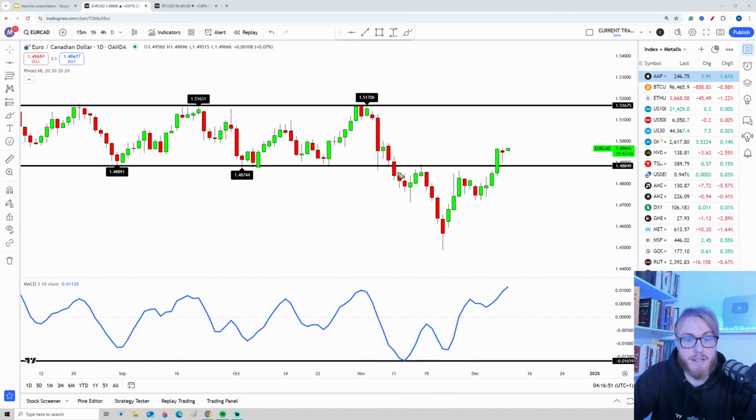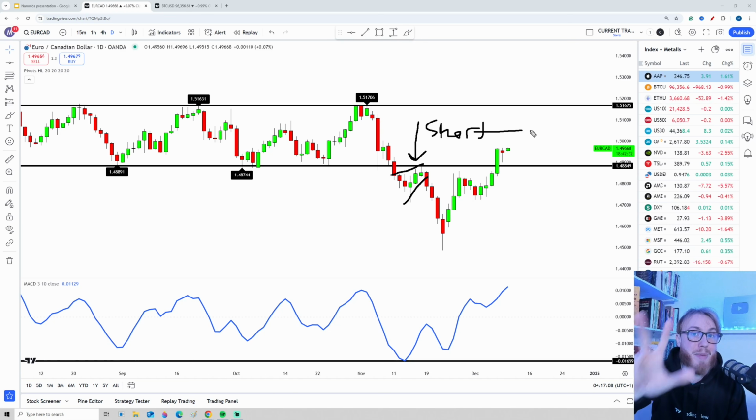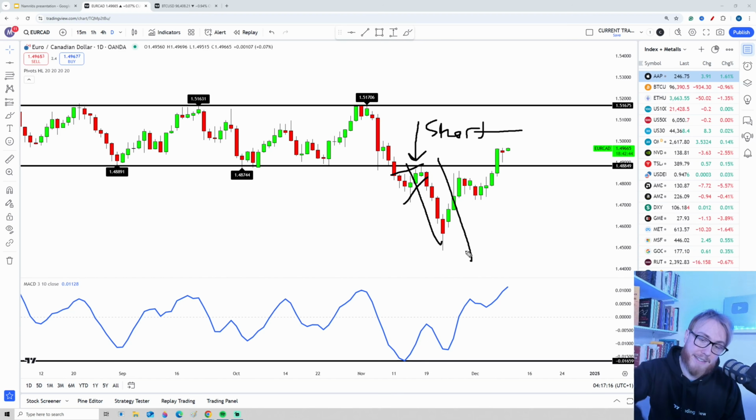And then right here, you can see that the next pullback came in and we touched the previous support that has now flipped to become resistance. So this was yet another sign that this might be a good shorting opportunity. We basically had three bearish things happening at the same time. This made this a good short, and after all of these signs we can see that the price completely collapsed